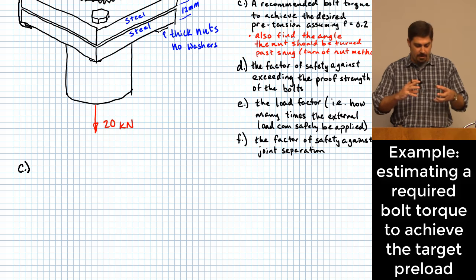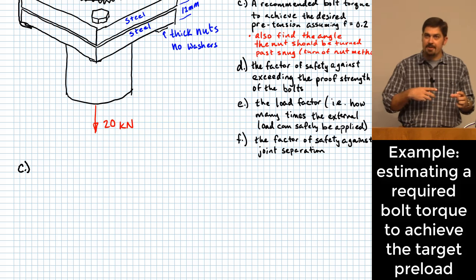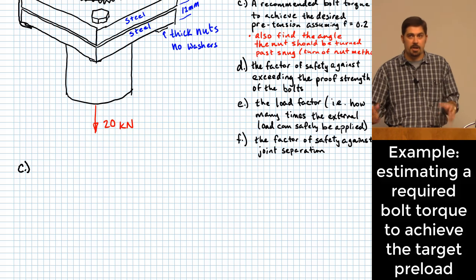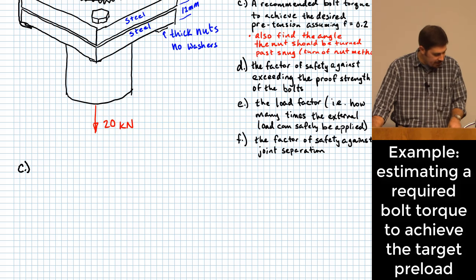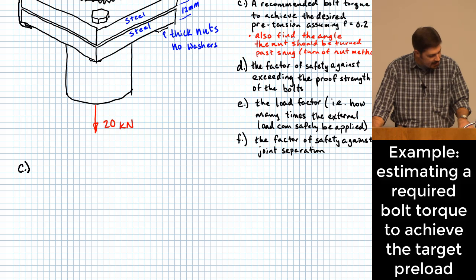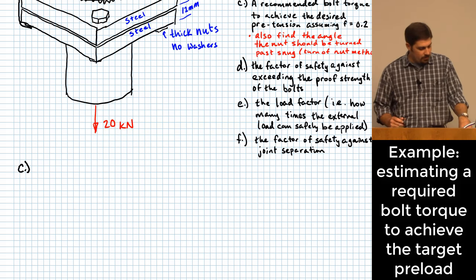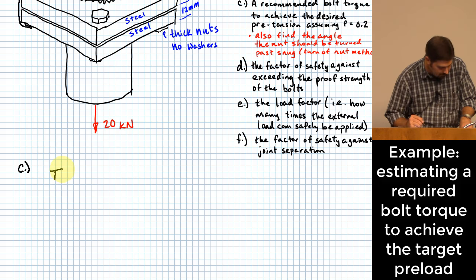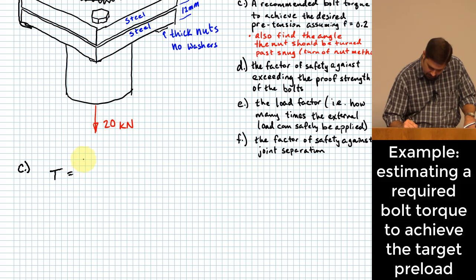We're basically trying to figure out how much of the torque goes into friction and how much of it goes into actually creating axial force, right? That's generally what those equations did back when we were looking at power screws. So we're using those equations here again. I'm actually looking here at the equation that's labeled C on page 430. It gives us a kind of one-size-fits-all equation to figure out bolt torque, right? And what it says is that we're going to